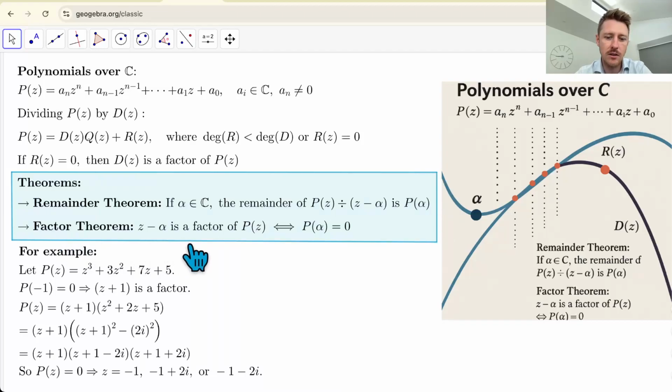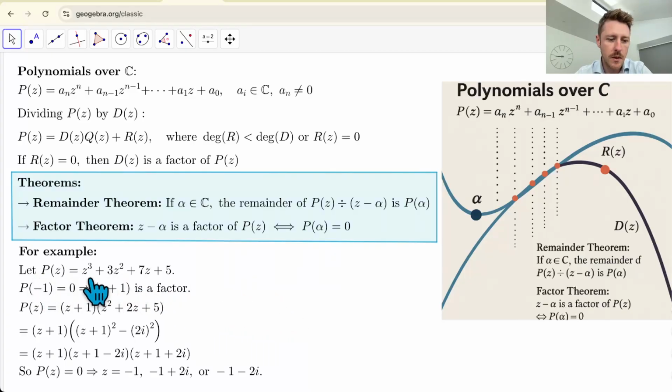And similarly, the factor theorem says that if z minus alpha is a factor of p of z, then this implies that p of alpha equals 0. So that's a situation where the remainder part doesn't exist, r of z is equal to 0. So maybe an example will help here. So we're going to look at the factor theorem. So we've got some polynomial,